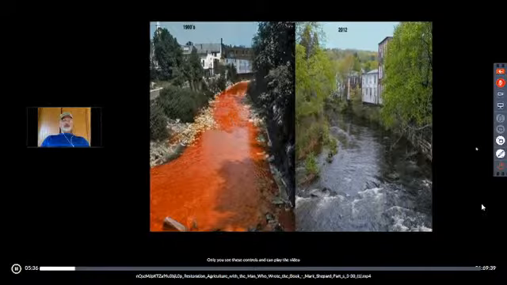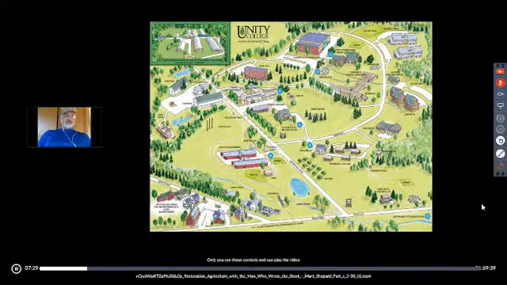I first went to college, had a brief stint in the military, and went to college for engineering. I failed to thrive in both the military and in engineering, so I quit and went back to school at Unity College in Maine. Here's a little map of the campus. There are many more buildings now. All these buildings are new since I attended there. The only ones that were there when I attended were the East View, West View, and the facilities shop.